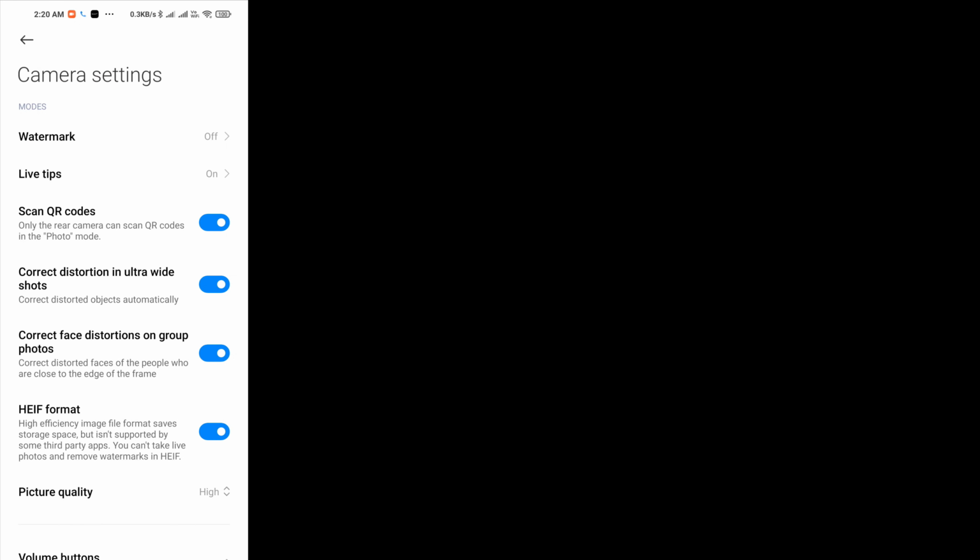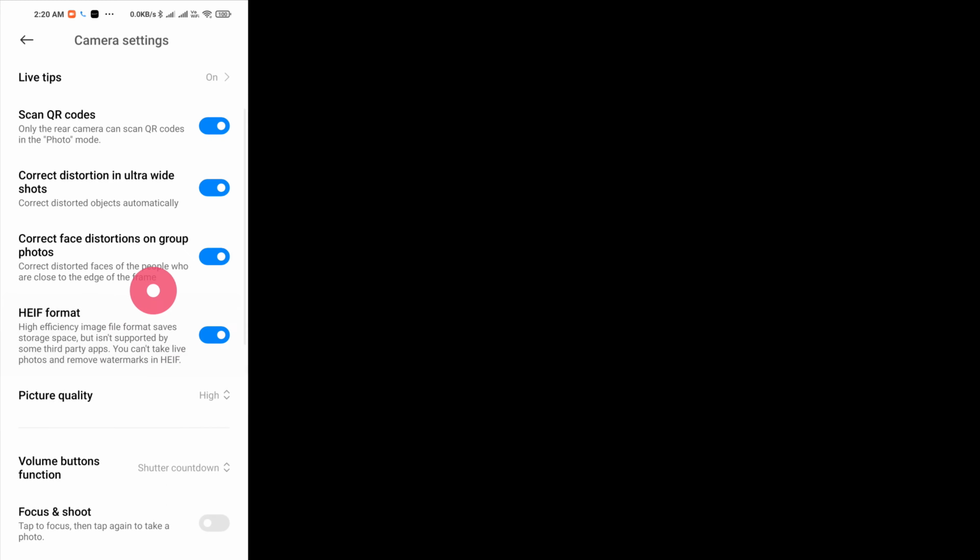Okay, so let's run the camera application and we have the top three bars for the menu. From there, we can go into the gear icon of settings, and this is essentially what I have set it to. I'm using the newer HEIF format, which is far more efficient than a JPEG for quality and size. But if you're using Google to back up your photos, don't use this because Google Photos does not support this so far.